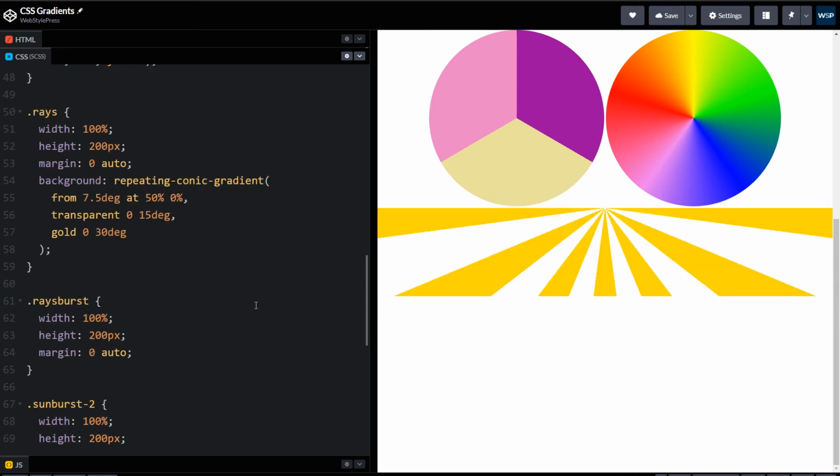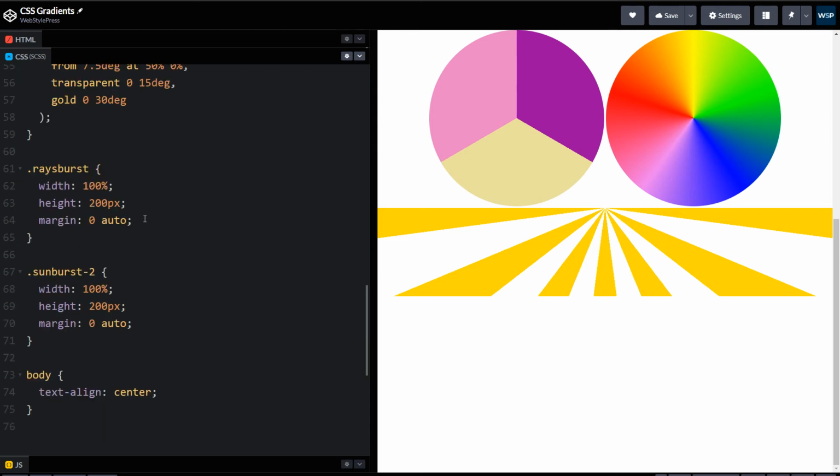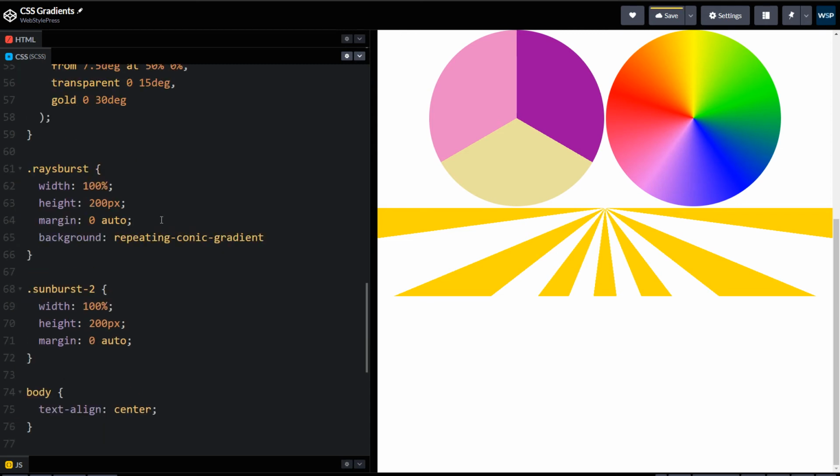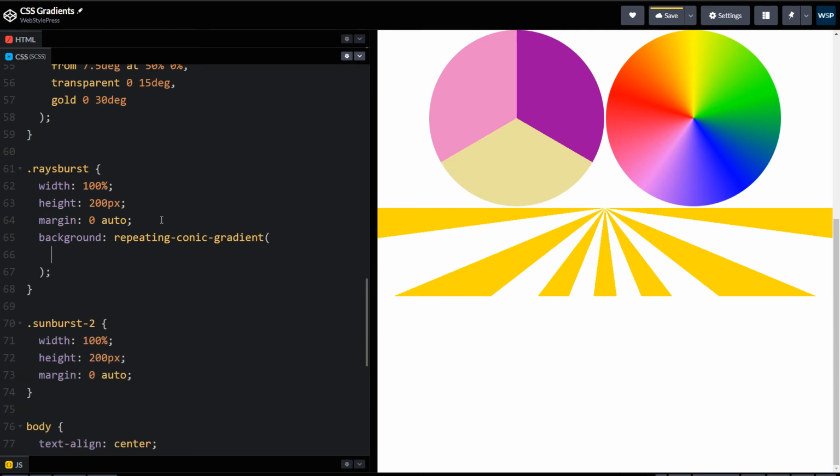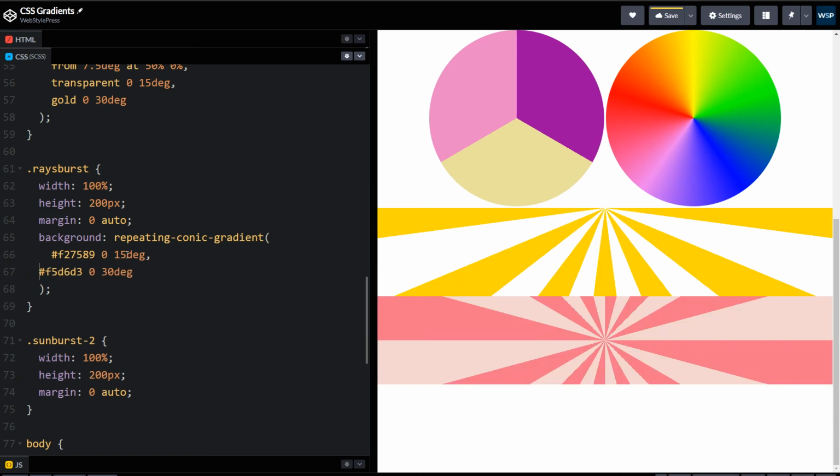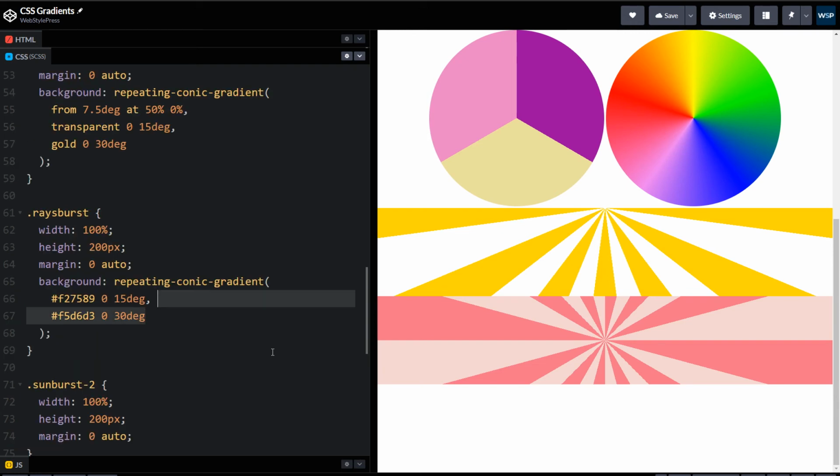And we can also create full rays emerging from center. Rays burst. Background: repeating conic gradient. And we have got our two colors. One is at 50 degree and one is at 30 degree. Two colors at two angles.